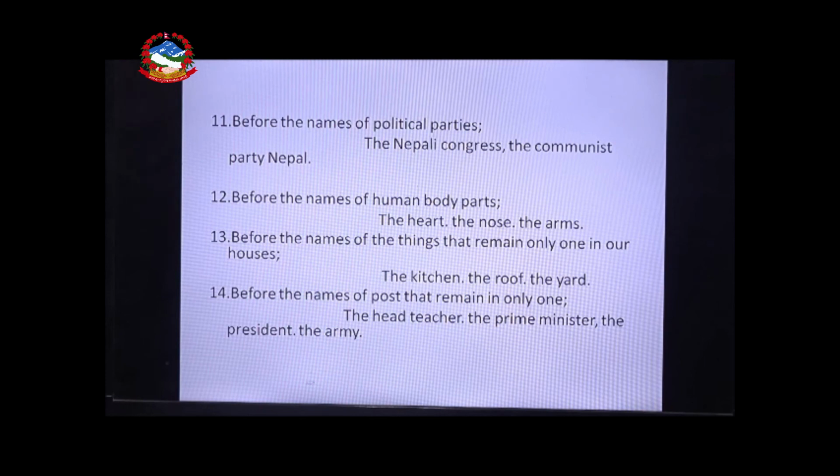Before the names of posts that remain only one, if the post remains only one, we use the article before it. For example, the head teacher, the prime minister, the president, the army. Here, dear students,